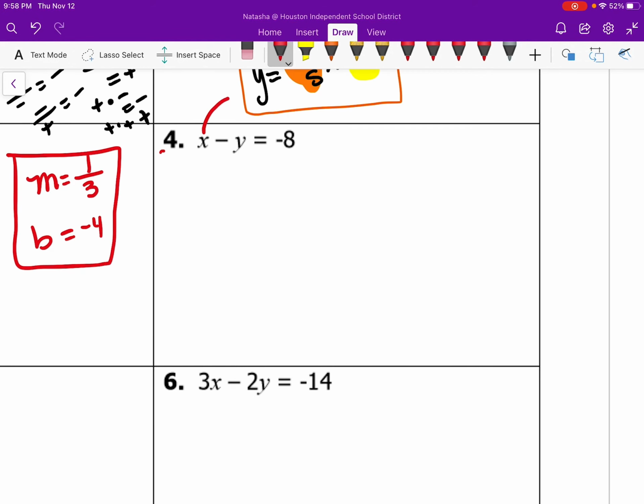All right, so we're looking at number 4. I'm going to move the x over with the negative 8. So we're going to subtract x. This cancels out the x, so that's going to give me negative y is equal to negative x